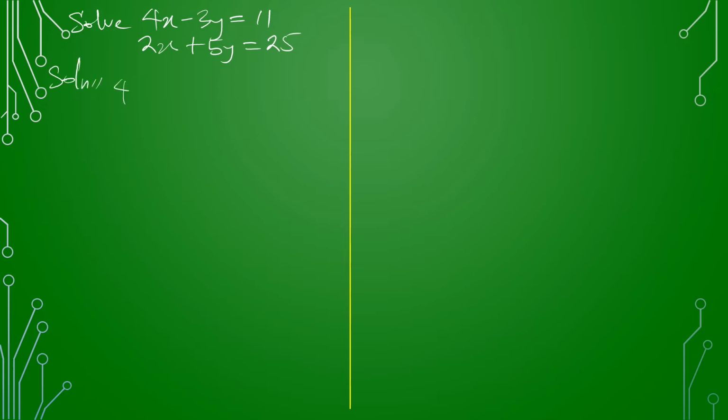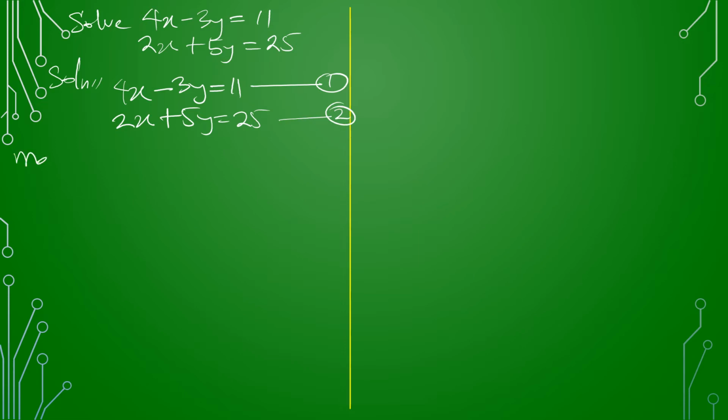Now we have 4x minus 3y equal to 11. We'll call it equation 1. We have 2x plus 5y equal to 25. We'll call it equation 2. Now what do we do? We make x the subject of the formula